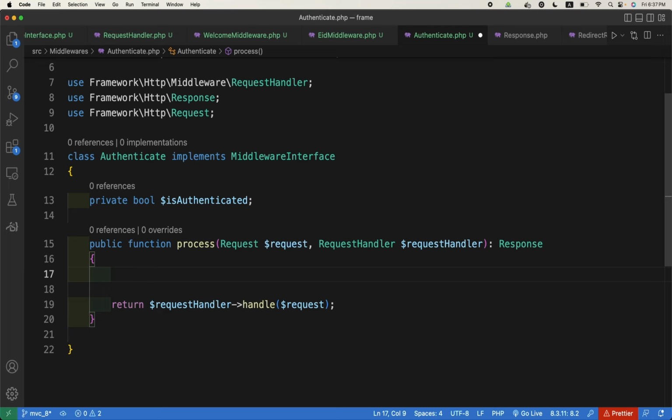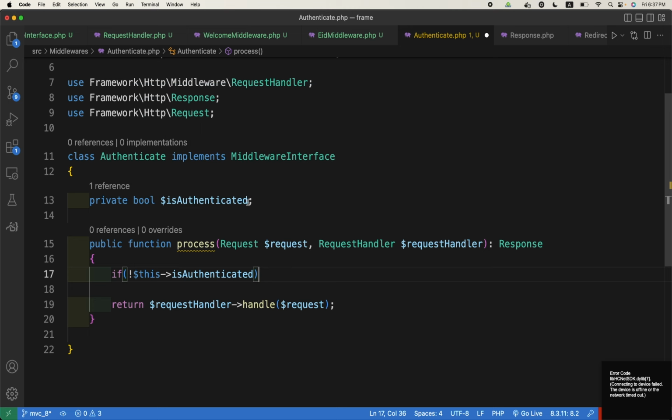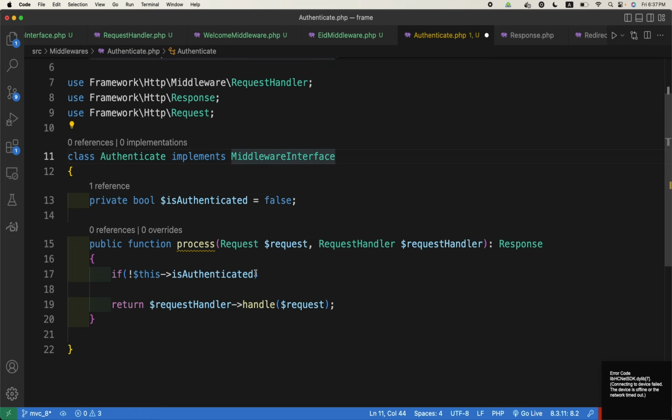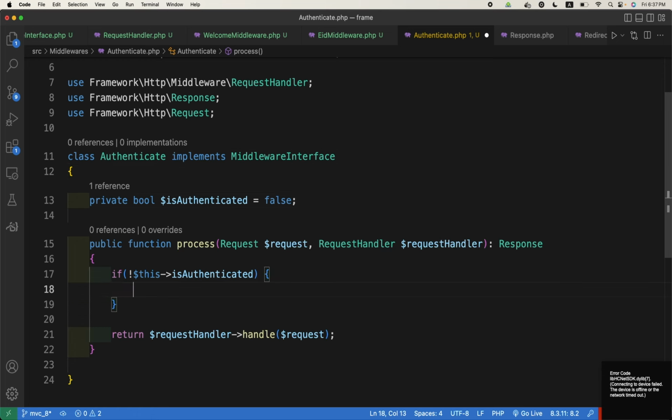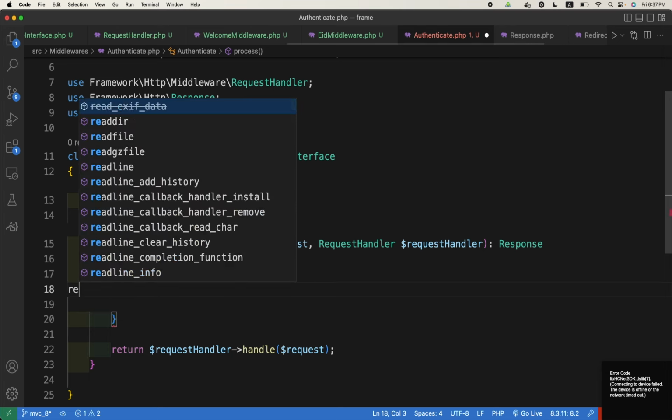we can use if not, sorry, if not this is authenticated. What should it mean? By default we will keep it false like this. So if this is not authenticated, what should we do? We will not return this, we will directly return some response. So return